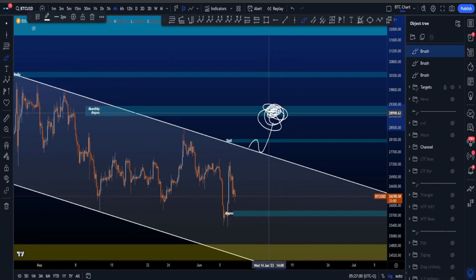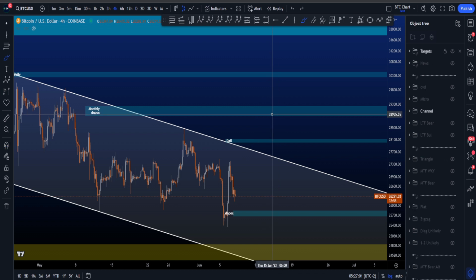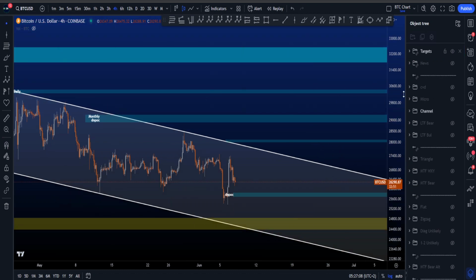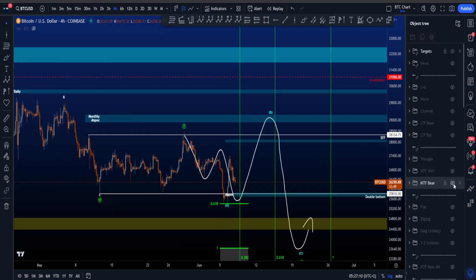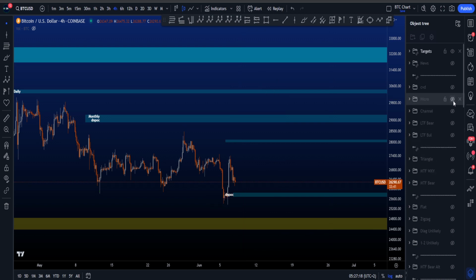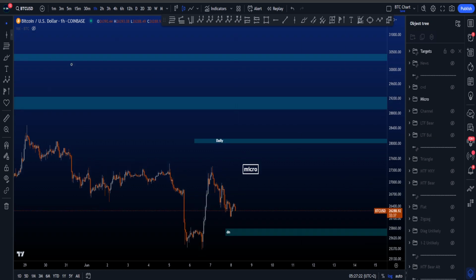Everyone that is buying is creating the liquidity for bigger positions to enter their shorts for a move towards the downside, which is something I'm looking for on the medium time frame scenarios. Now, I went into detail on these scenarios in my previous videos, so you can check those out. If we then have a little look at the micro scenarios,